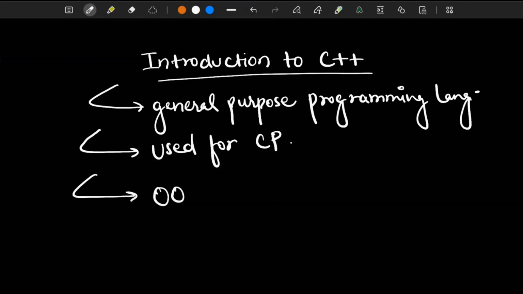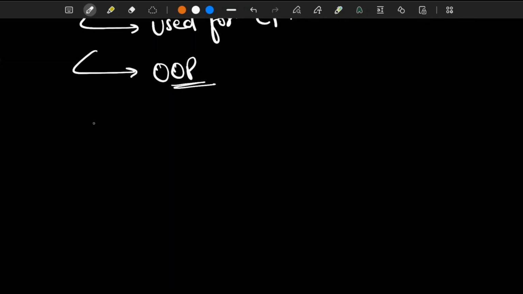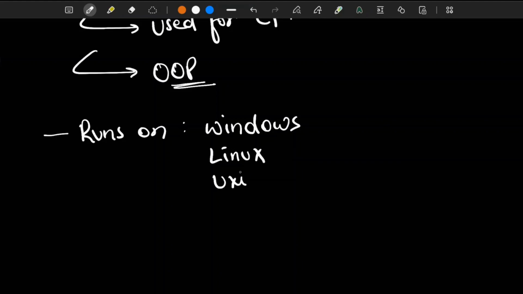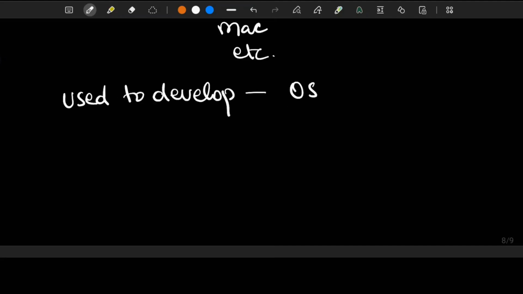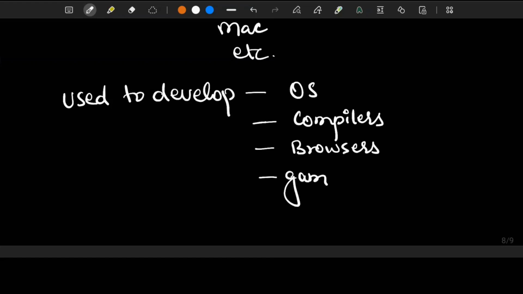It is object oriented and has generic programming features, and C++ runs on lots of platforms like Windows, Linux, Unix, Mac, etc. It is used to develop operating systems, compilers, browsers, games, etc. And all of these make C++ very powerful as well as flexible.